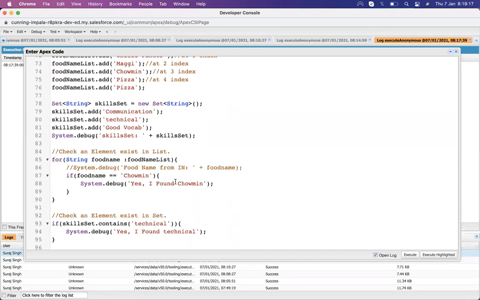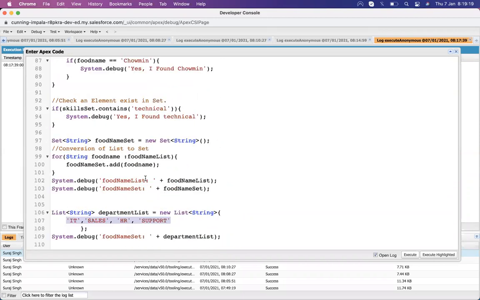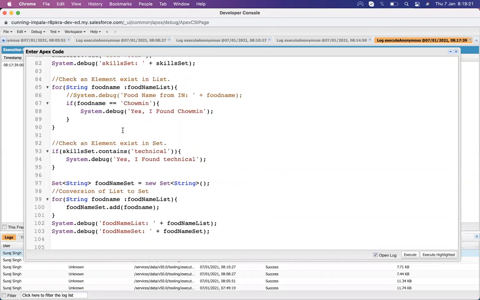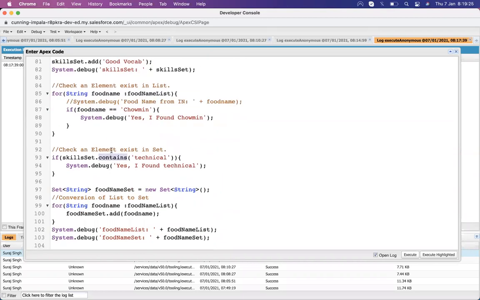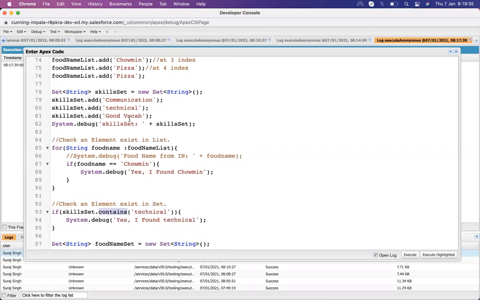So that's how we are using it and comparing. What's the capability that the set provides? With a set, we don't have to run a loop for checking an element. We can directly use the contains method, and it will automatically search for that element inside the set.